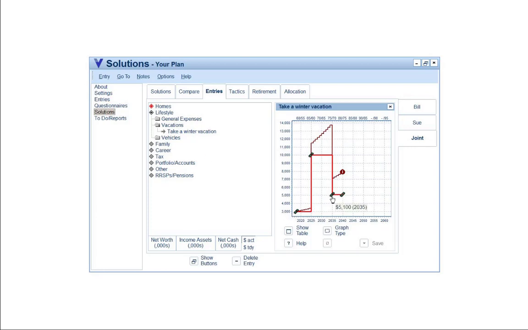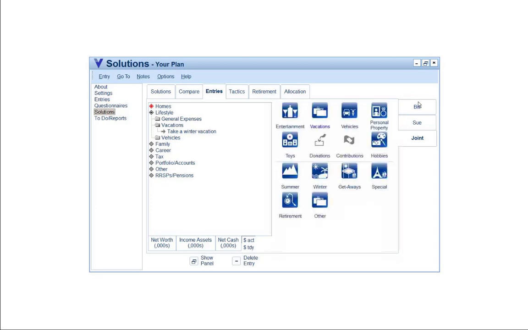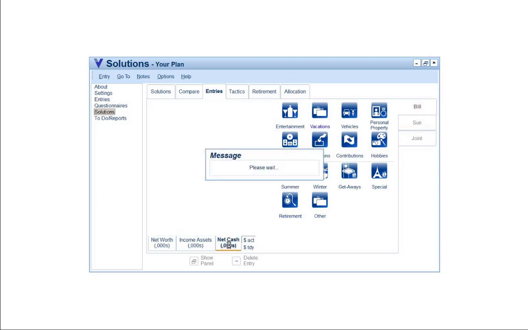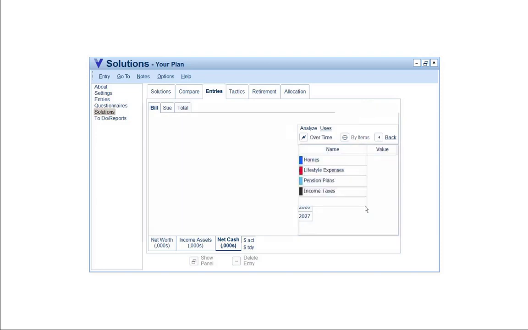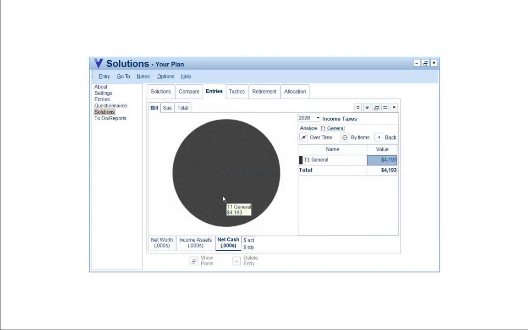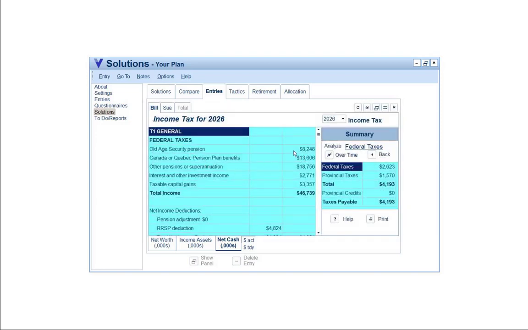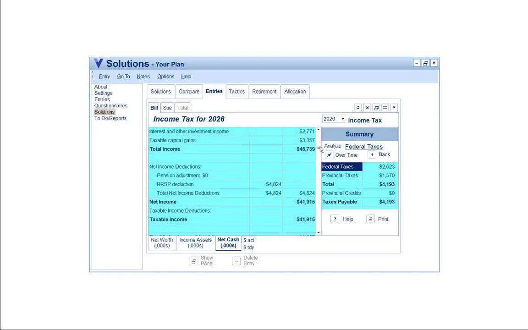So if we look at net cash for a moment, we'll see that the software automatically does a tax calculation in the background. I'm going to go out to the retirement. And if we look at Bill and his income taxes in his retirement years, we can see OAS, CPP, etc. His RSP deduction, he just retired in 2025, as you'll remember. Age amount. Notice nothing here for charitable expense, and nothing in the way of a charitable expense that was transferred